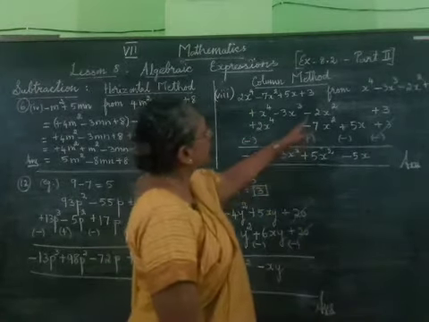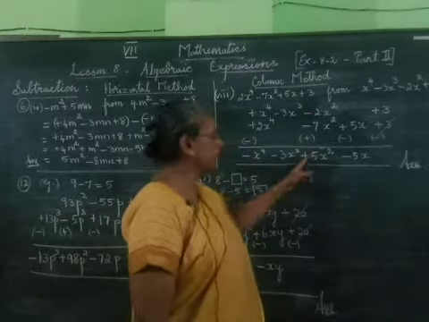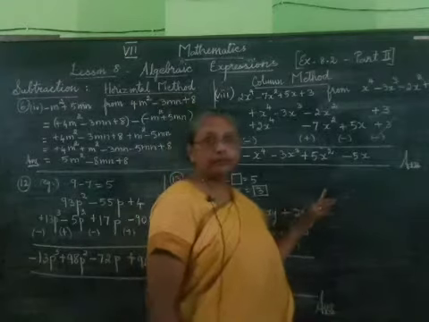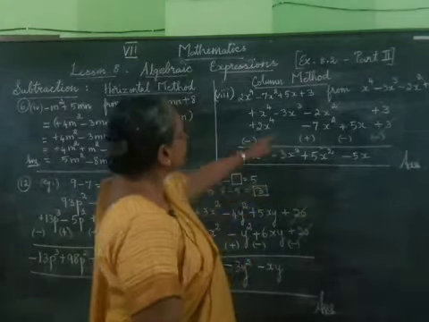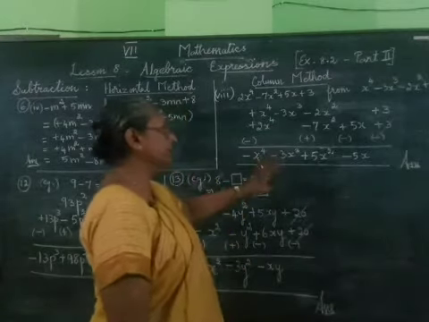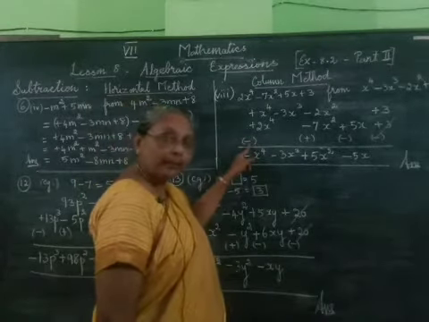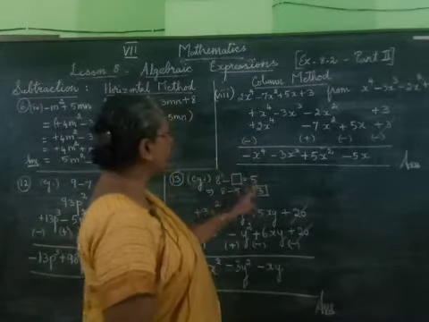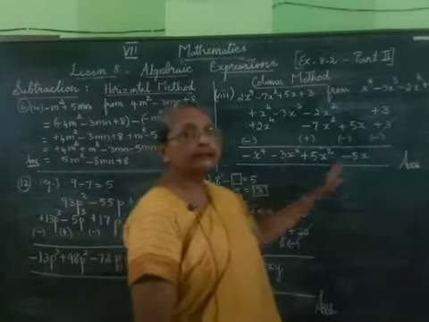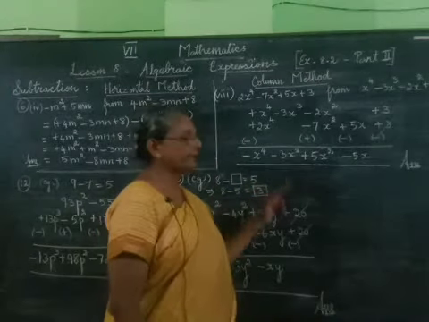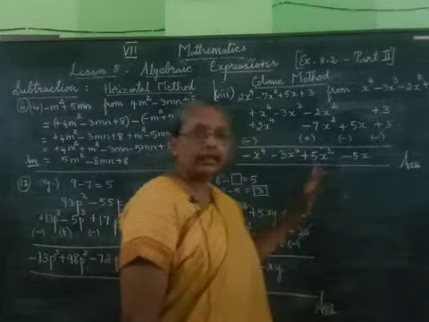Then for this one, it is minus 2 plus 7. Minus 2 plus 7. It will become plus 5. Subtract and put greater number sign. So plus 5x squared. Here it is minus 3x cube as it is. And here it is plus 1 minus 2. Plus 1 minus 2 will be minus 1. So we have written it as minus x power 4. So the final answer will be minus x power 4 minus 3x cube plus 5x squared minus 5x. That is the final answer.